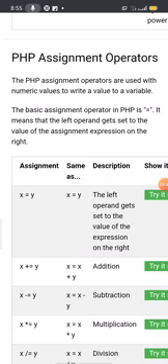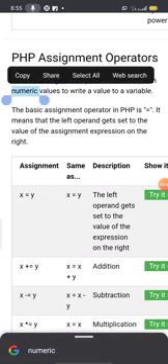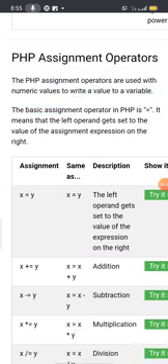Whatever your PHP assignment operator is going to be used with, you are going to deal with a numeric value first of all, and to write this value to a variable. You are assigning something. That means you are giving this numeric value to a variable. Let us see one by one.